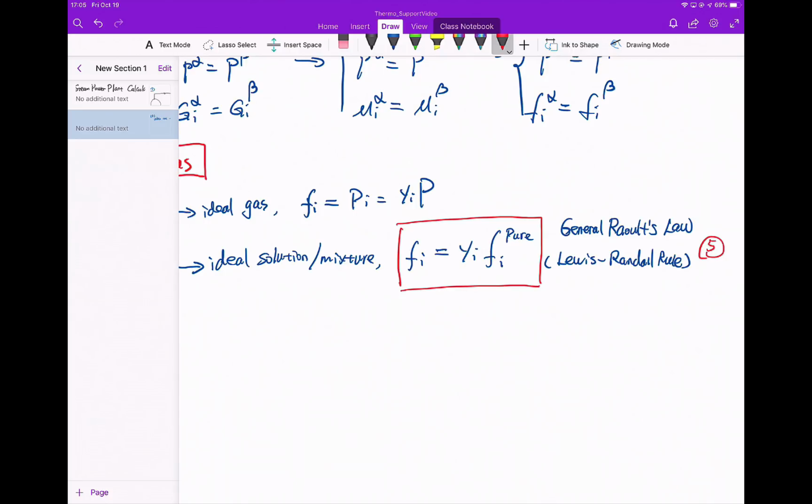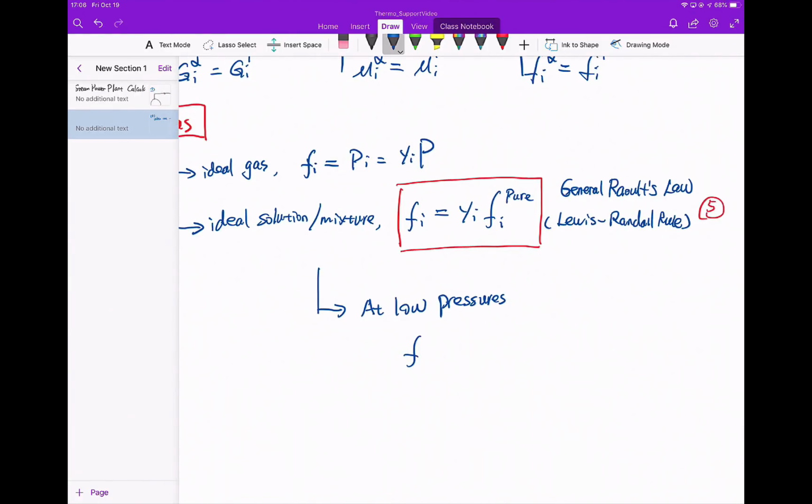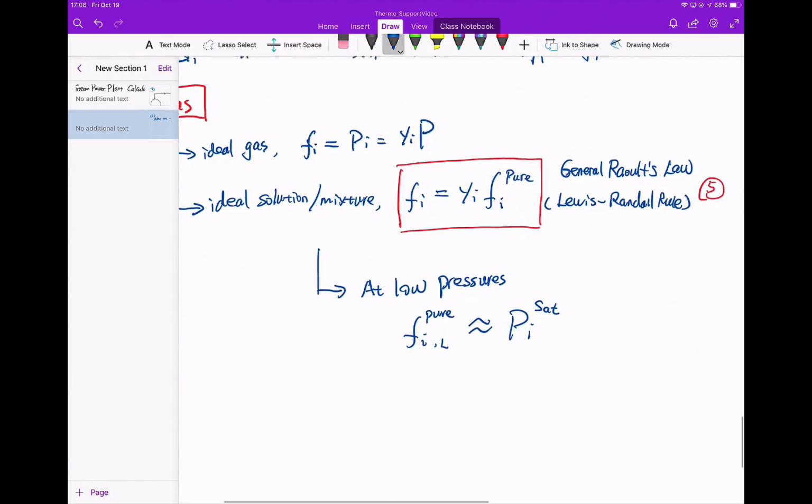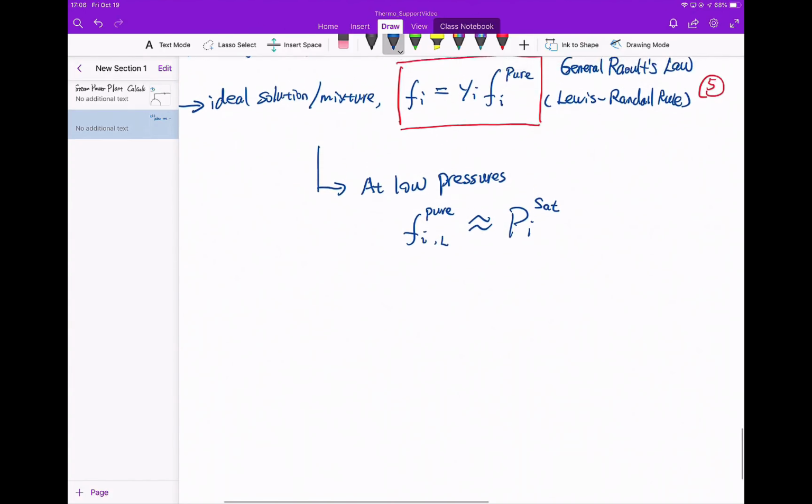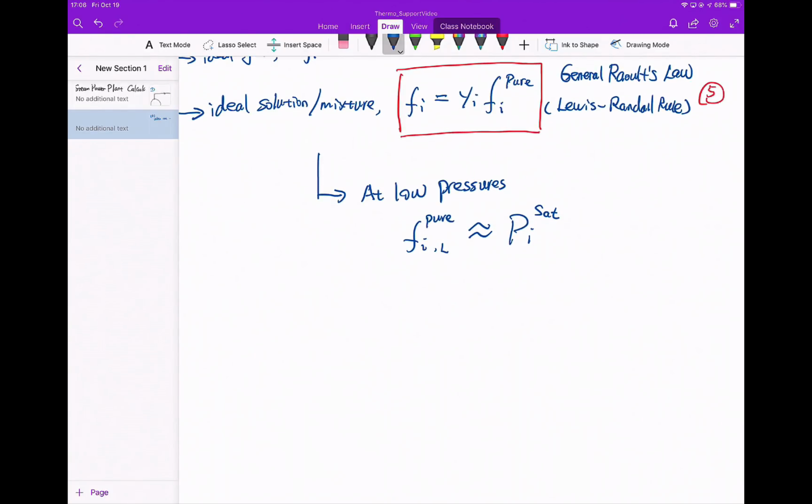Using this general Raoult's law, we further derive that at low pressure, the fugacity of the pure liquid is very close to the saturation pressure. Okay. Then if this is the case, then we could have